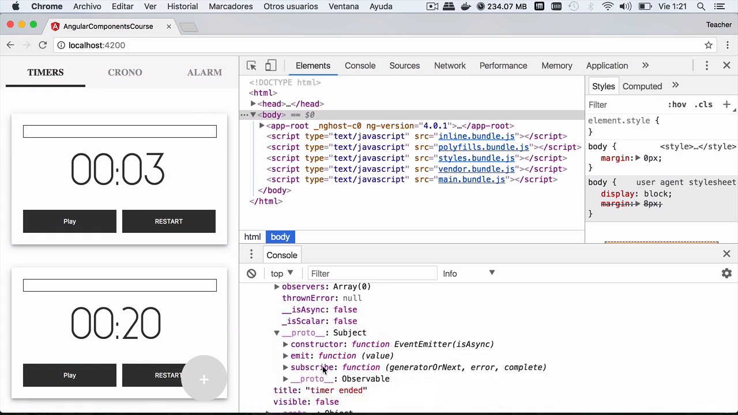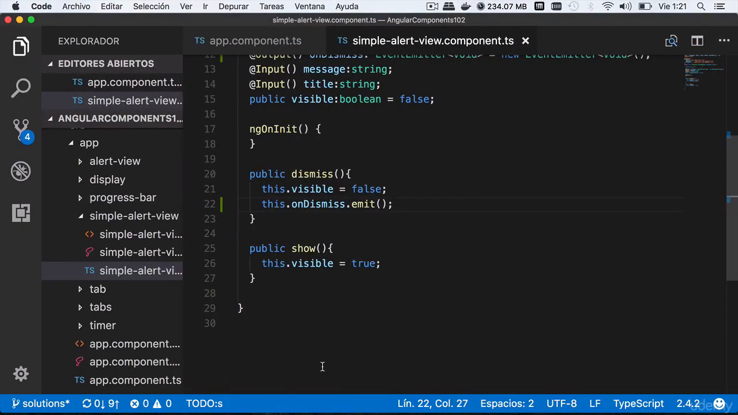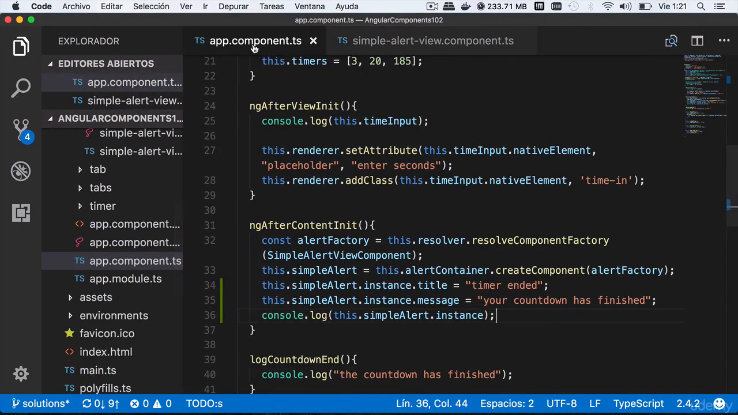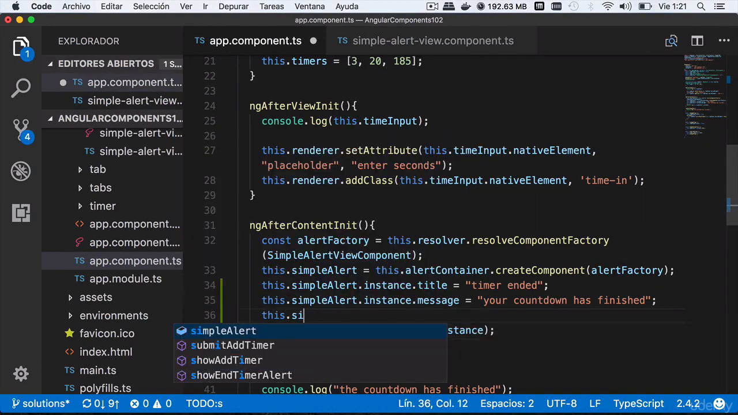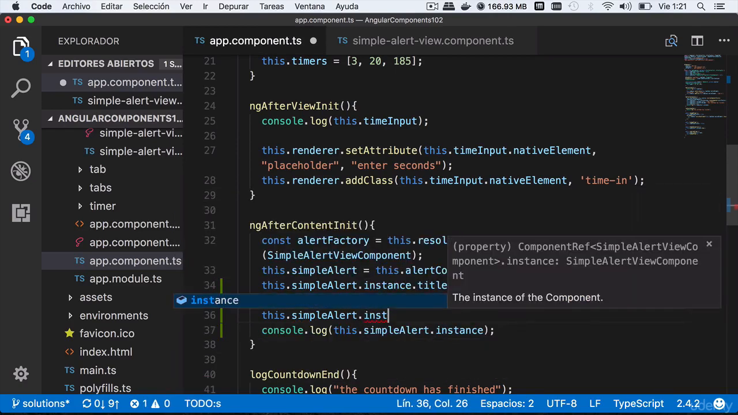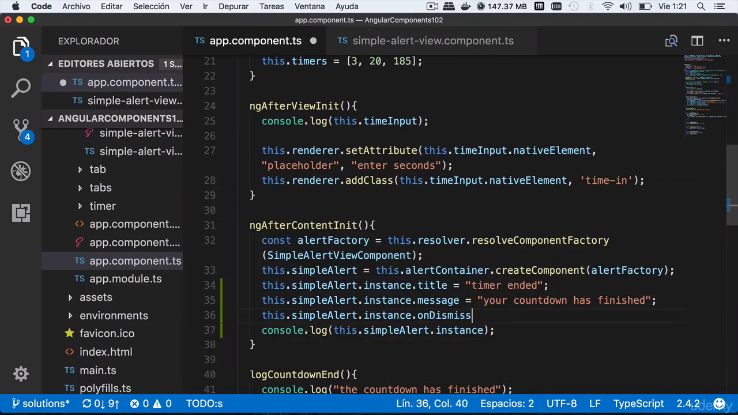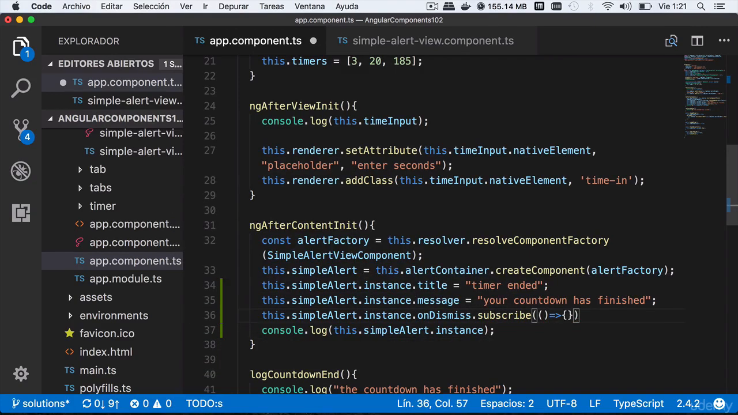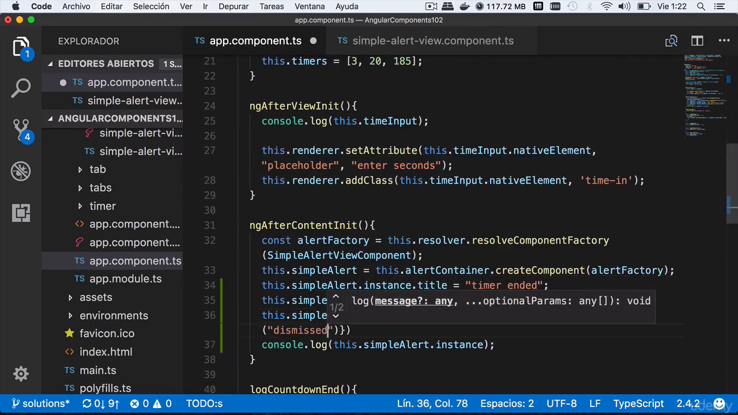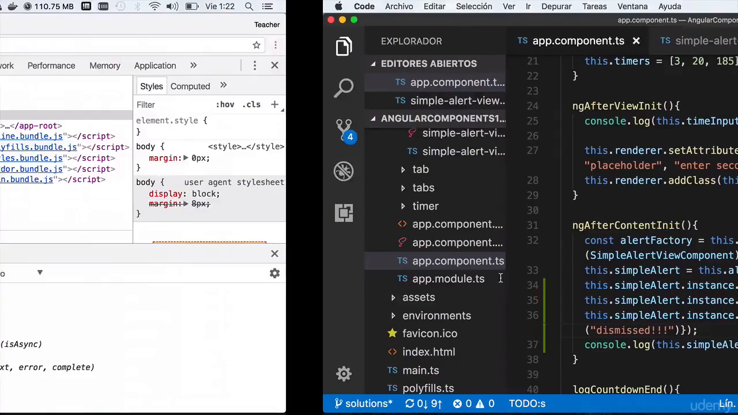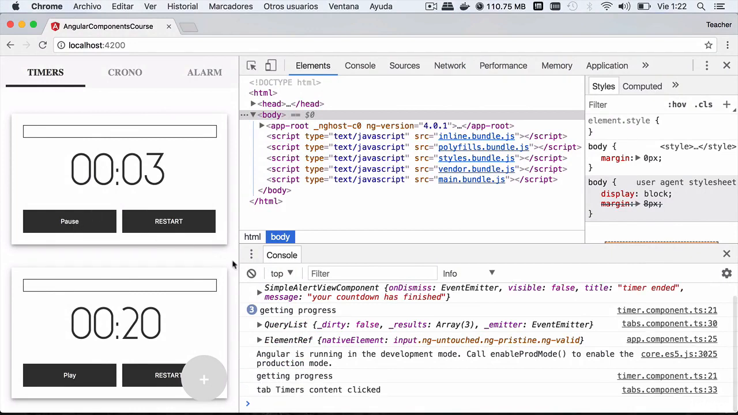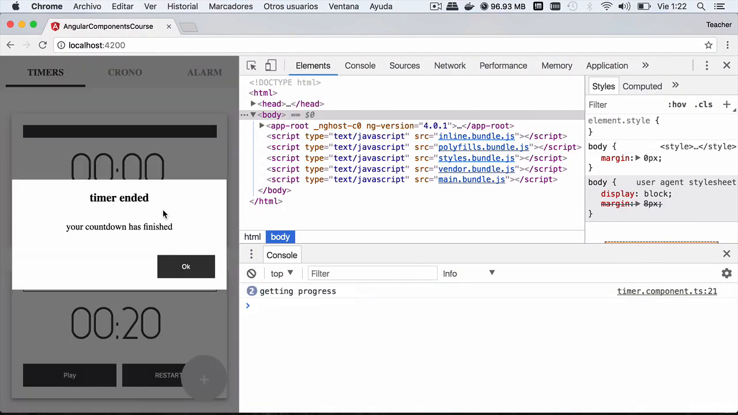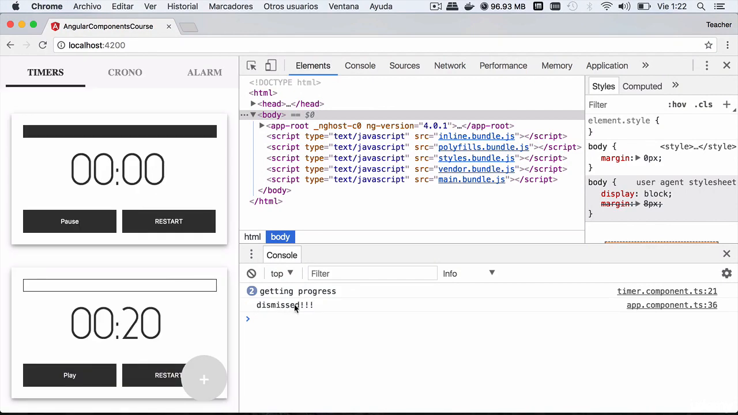Okay, so to do some kind of event binding to the dynamic component, I need to go to my AppComponentTS and inside AfterContentInit, I'm going to subscribe to this observable. this.SimpleAlert.instance.onDismiss.subscribe. And inside I pass an arrow function just to console log something like "dismissed". Okay, back to the browser. If I click play, I can wait until the countdown ends and the alert is shown. And when I close it, I can see how the dismissed text is written into the console log,